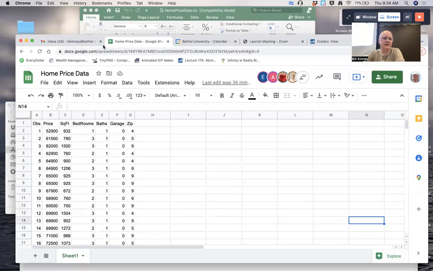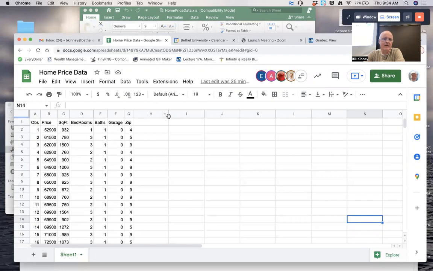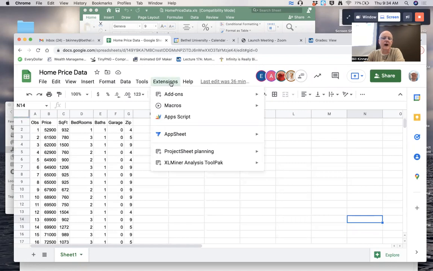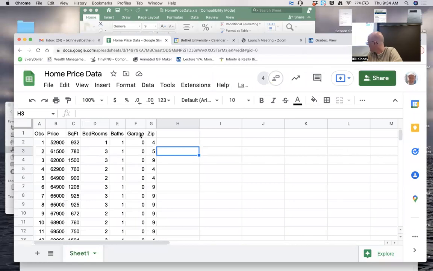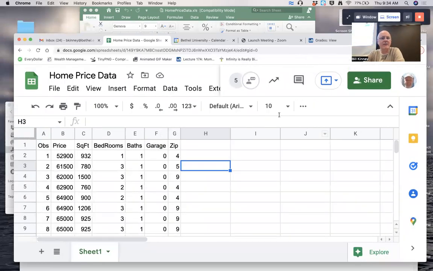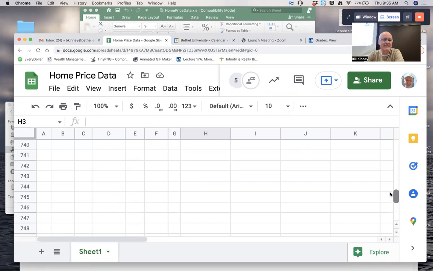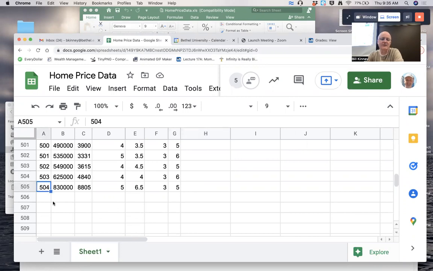I just emailed you the spreadsheet as an Excel file before class. So you could open it in Excel, and if you've got a PC and have been able to do Excel Miner on your PC, you could keep it open that way. I'm also allowing you to view it on Google Sheets, as I see some of you have joined, and that's great. If you haven't opened the Google Sheet, you can do that now. It's a more realistic, bigger data set. There are 504 data points. The first column, column A, is labeled OBS, I believe for observation number, indicating you have 504